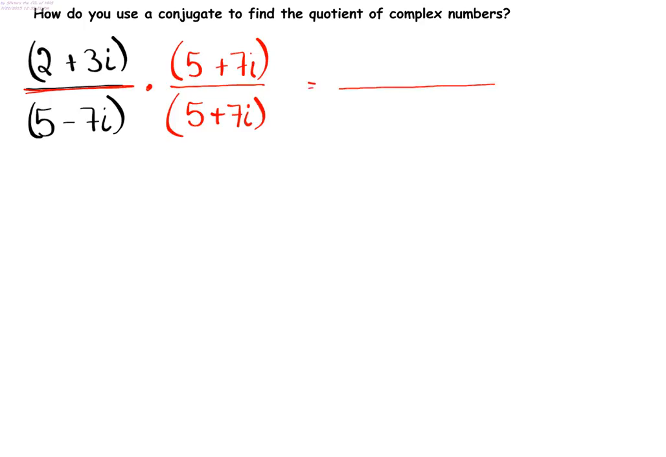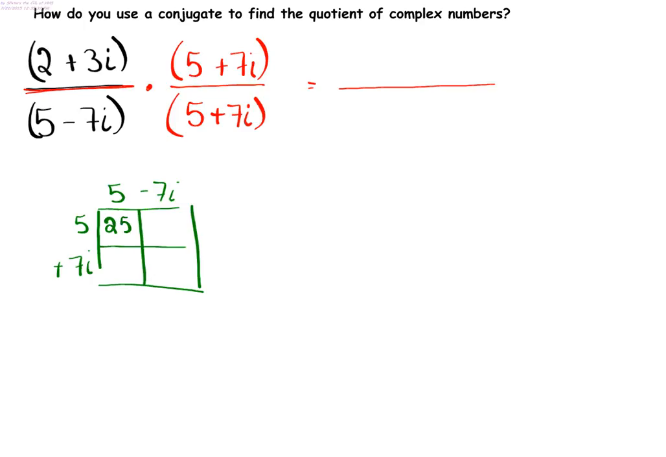So, for the bottom, I have 5 minus 7i times 5 plus 7i. I know 5 times 5 is 25. I get negative 35i, positive 35i, and I get negative 49i squared. Now, these guys cancel out when I go to collect like terms. So what I really have is 25 minus 49i